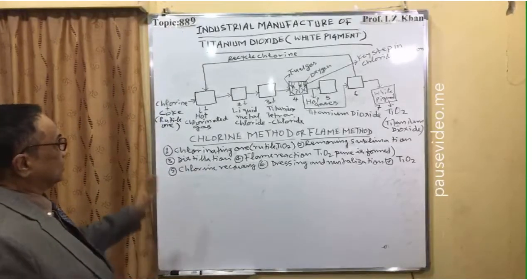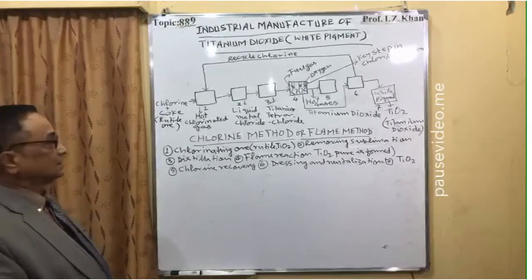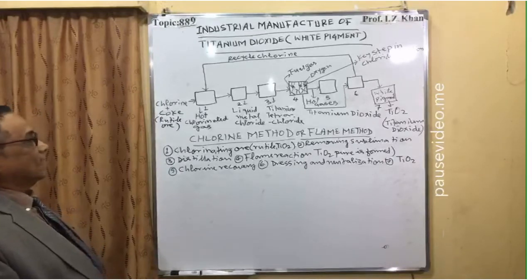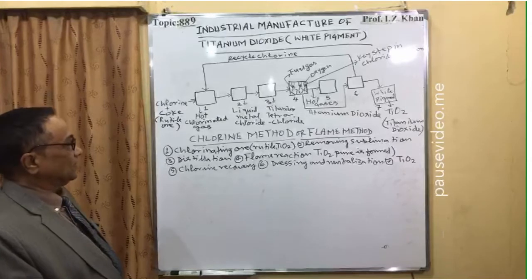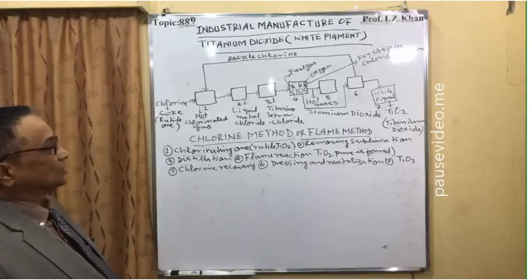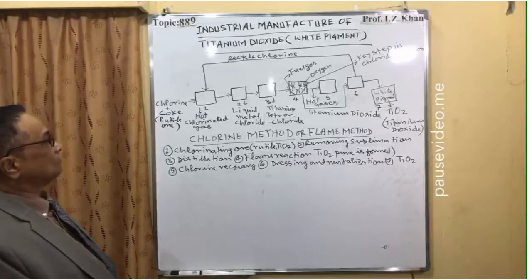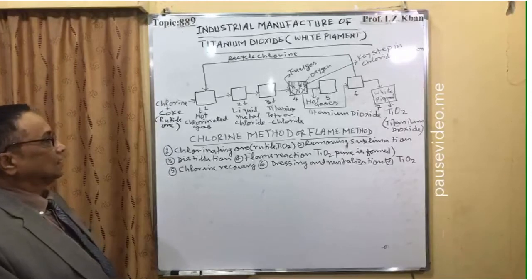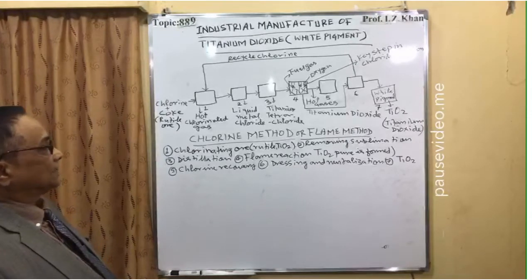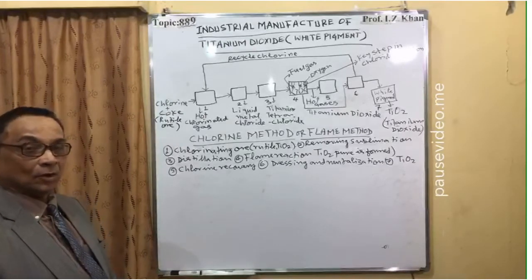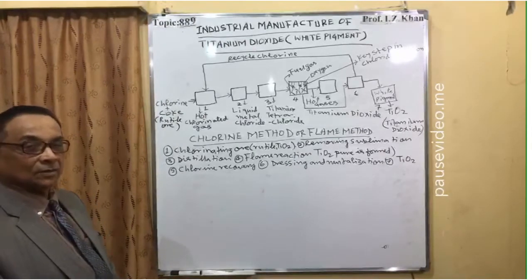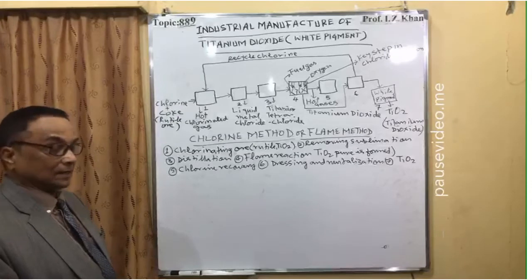So in the hot gases the chlorination will take place, and then in the second chamber it is a liquid metal chloride, and that is removed by sublimation, and then third is titanium tetrachloride, means titanium impure ore is converted into titanium chloride,